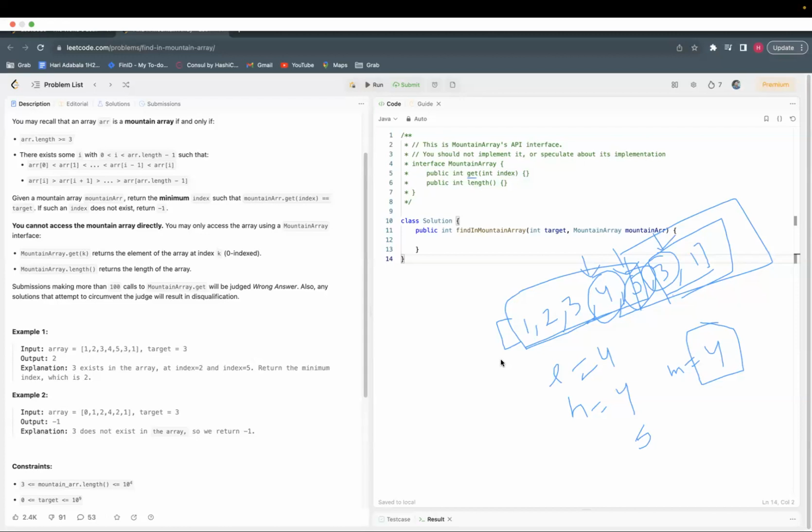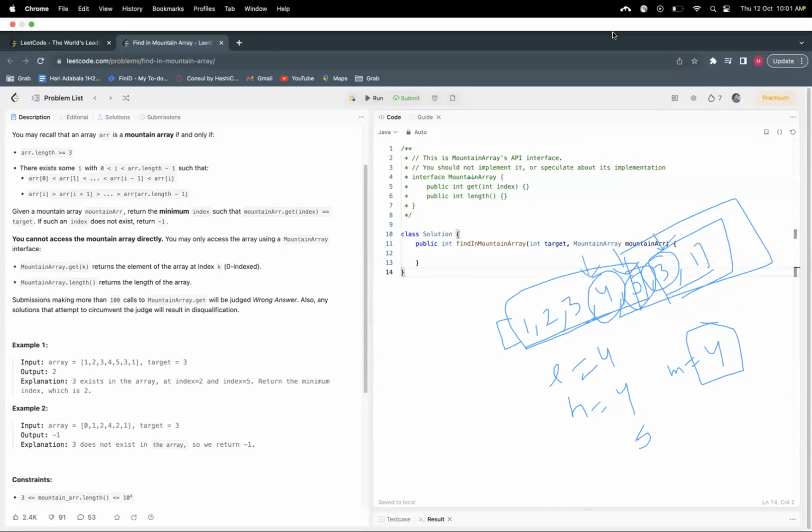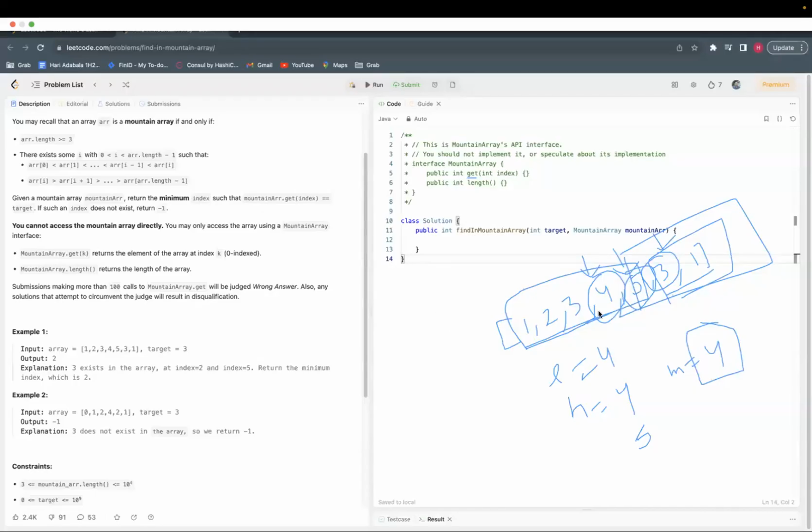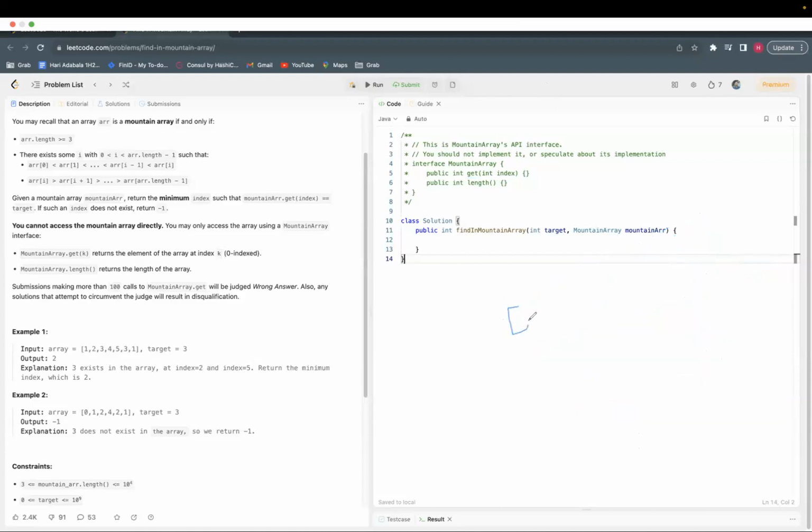So can we optimize it further? Let's see if we can optimize this further. If you observe this carefully, let's take this example, this array: 1, 2, 3, 4, 5, and 3, 1. If you observe this carefully, for all the left side elements, the next value is greater than